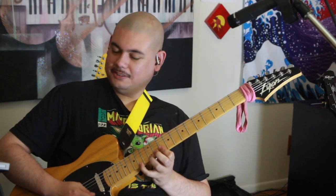However, if this is the only fingering you know for G major, and you do something like this, you're lost. You're completely lost. You don't have your fingering memorized when you're playing in G in this spot of the neck. But I do. So you should too. So rather than, I think, starting on the guitar, playing through all 12 keys, learn all of the fingerings in